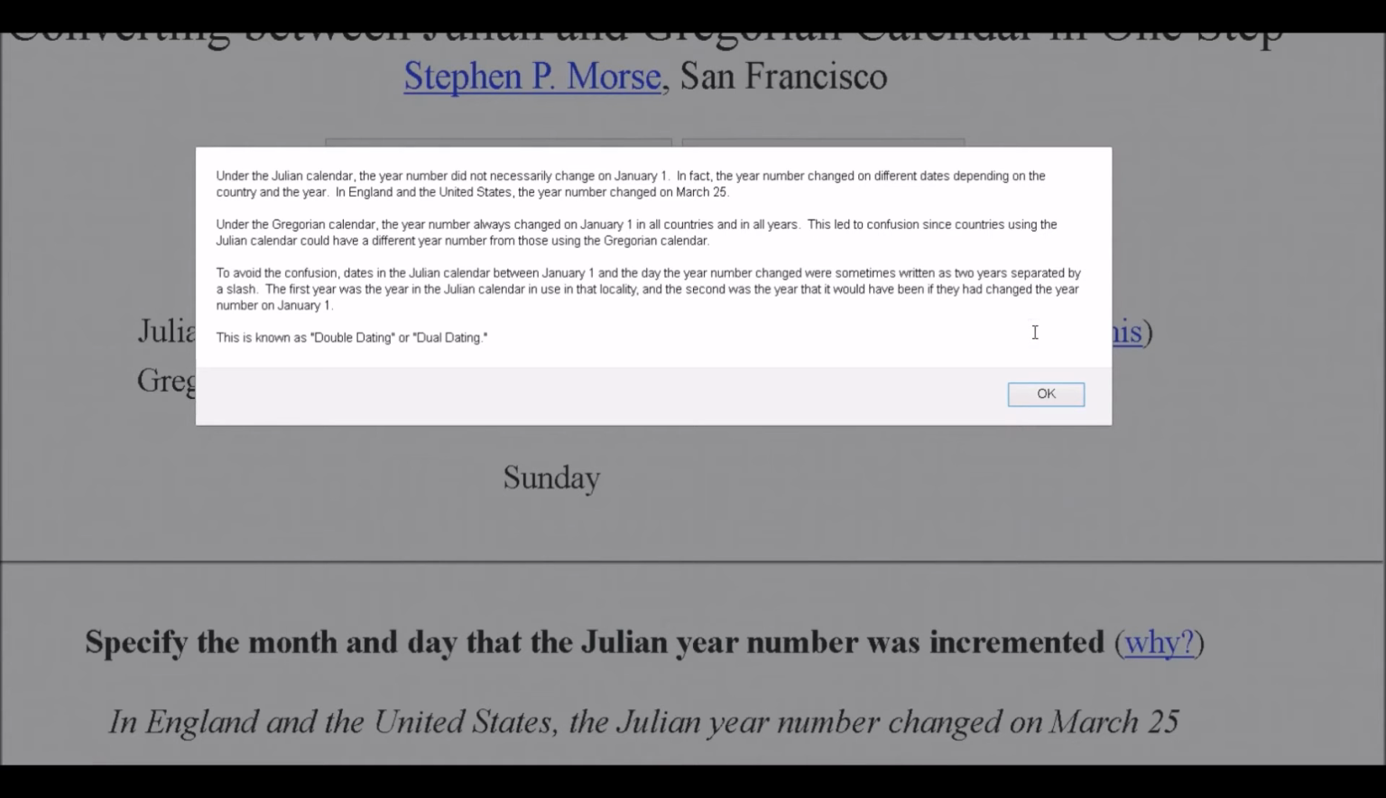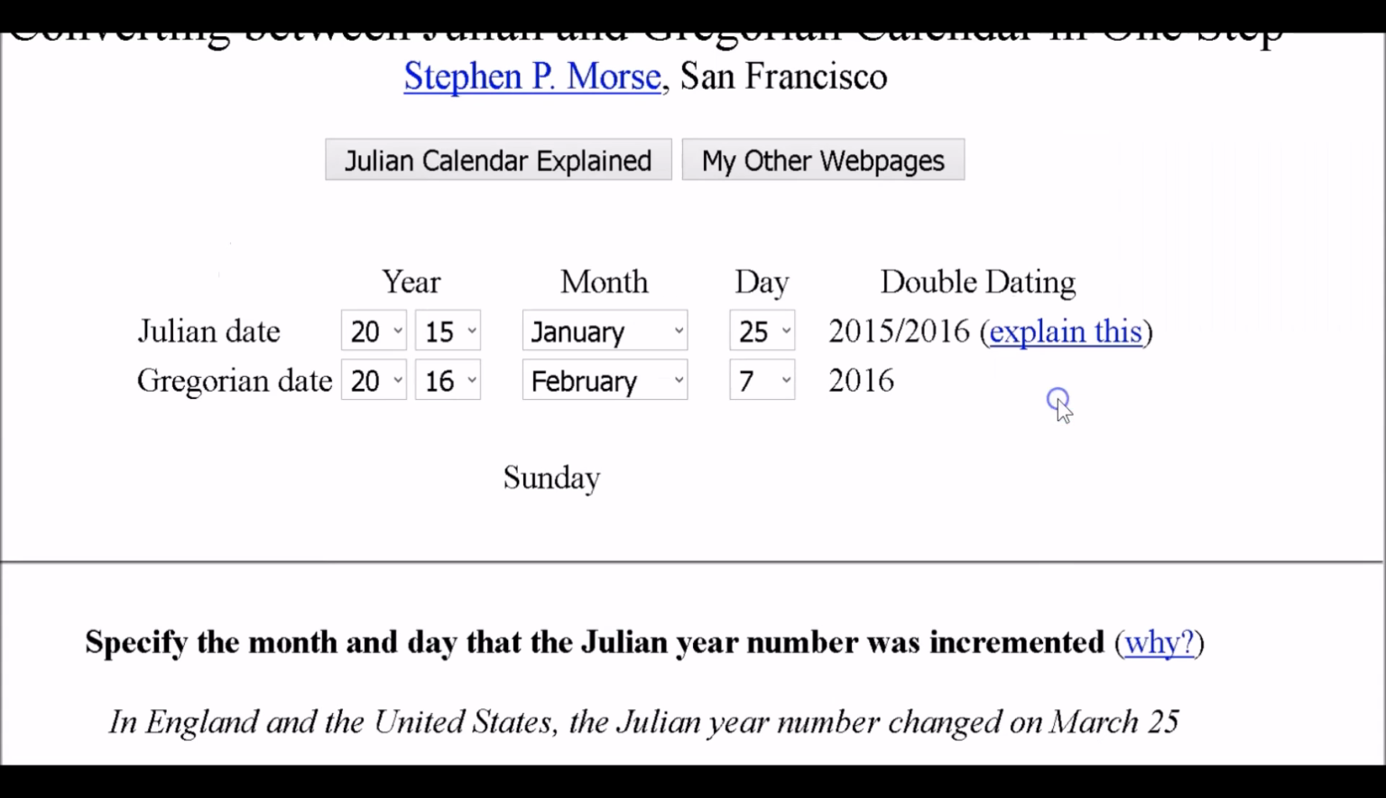So it says that under the Julian year, the year did not necessarily change on July 1st. In fact, the year number changed on different dates. So to avoid the confusion, dates in the Julian calendar between January and the day were written as 2 years separated by a slash. So it's known as double dating or dual dating. So at first I thought this meant that it was the same for 2 years, but I'm not sure if that's what it means. But what I see here is that